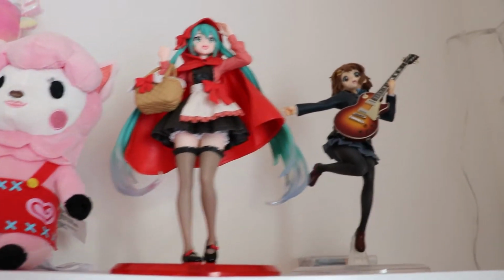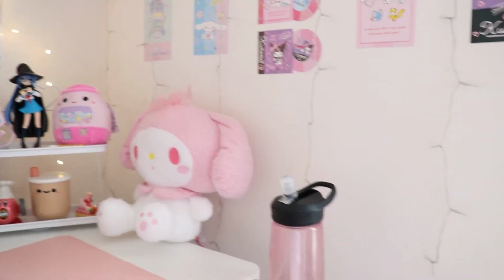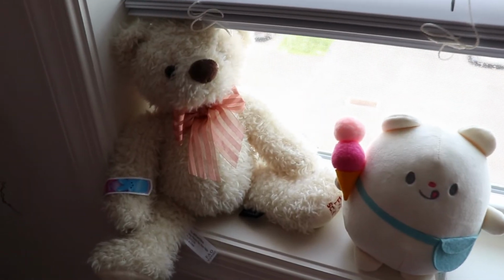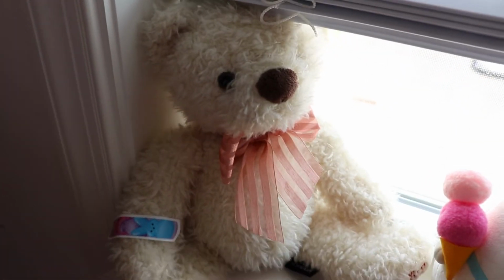And then next to that, I have two more figures. This is the Red Riding Hood Miku, and then I have Yui from K-On! And next to my desk, I have this pretty windowsill here, and I have a few items on the windowsill. Yeah, sorry in advance for the bad lighting, but up first, just this cute little teddy bear that I got